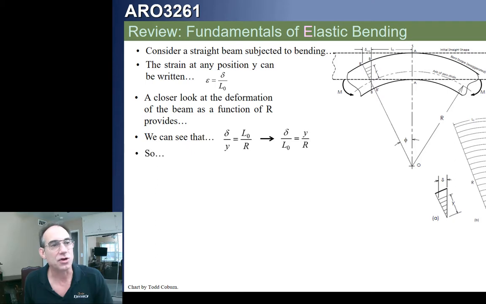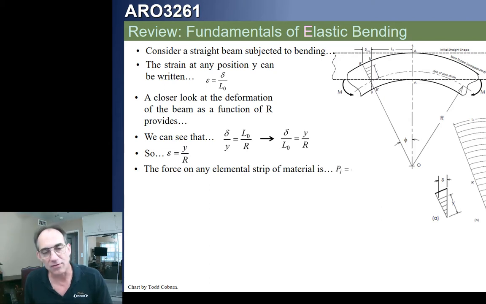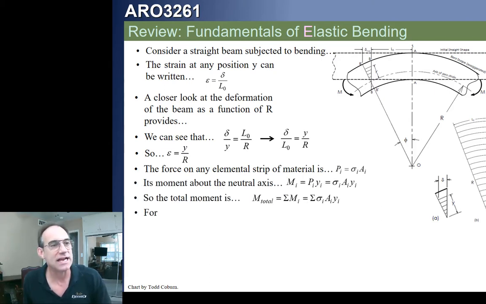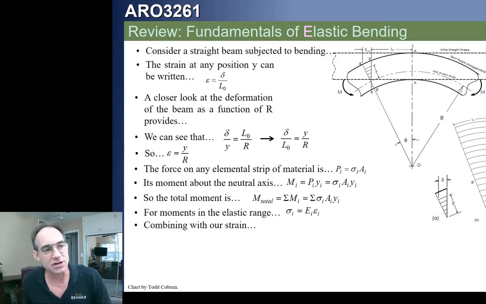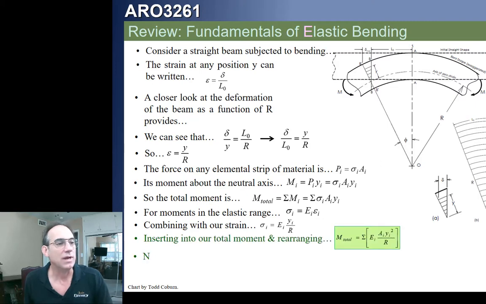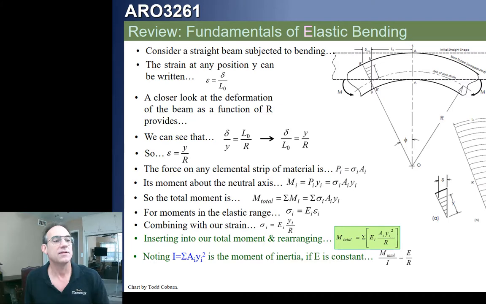We took a closer look at the radius of curvature, wrote this trigonometric relationship, wrote some different ways of expressing stress and strain and moment and force and moment of inertia, and combined these until we got to a point like this right here. This equation here, this relation for the moment,